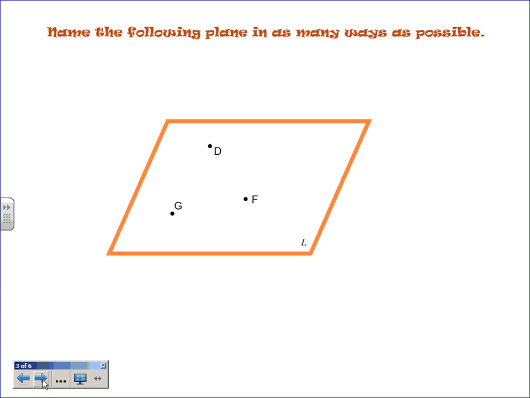This one can get people from time to time. Naming a plane. Again, we might not do it as many ways as possible. We'll just do a few. I think that's on your next page there. For a plane. So for a line, what's the minimum for a line? Two points, right? What do you think the minimum for a plane is? Is it also 2? Yeah, it's actually 3. Okay. Minimum for a plane is 3. I will explain why that is in a second.